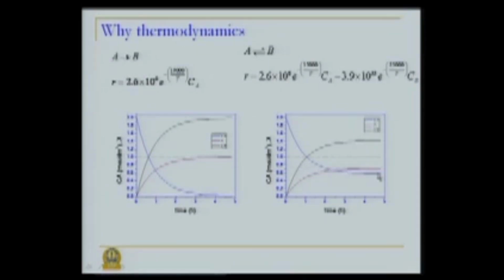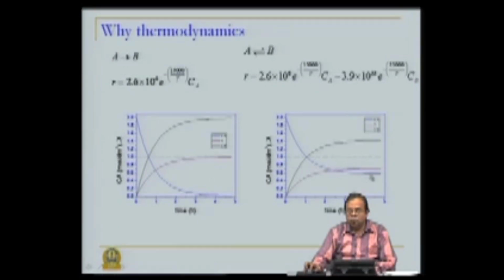In a sense, yes and no. Yes, because we see that there is no more consumption of A. It has reached a saturation value, but also no in sense that what is really happening at this time at 4 hours, 5 hours and so on,